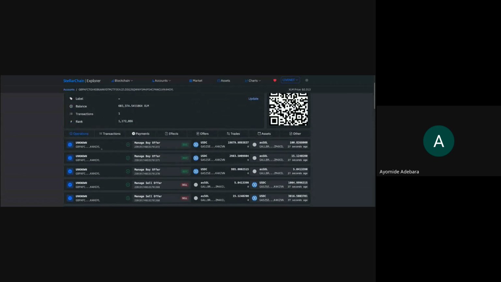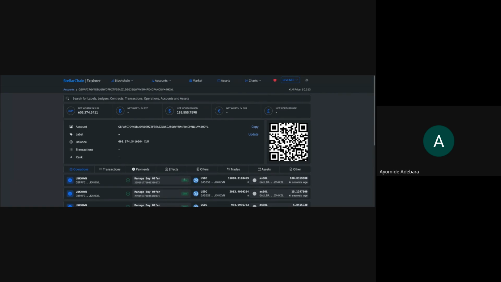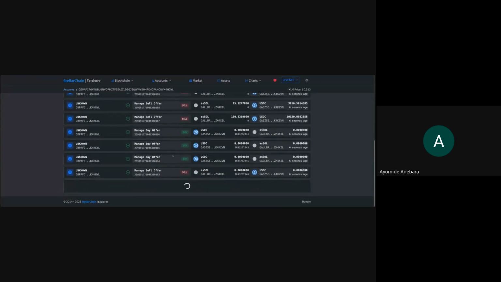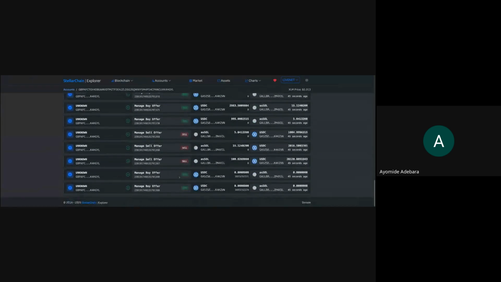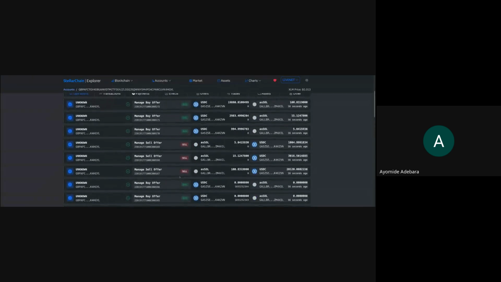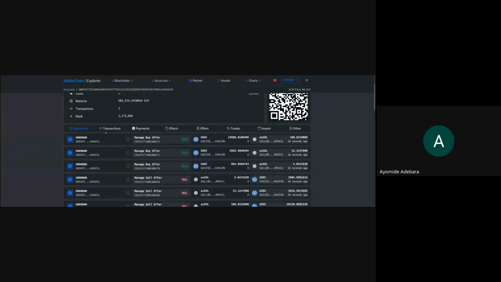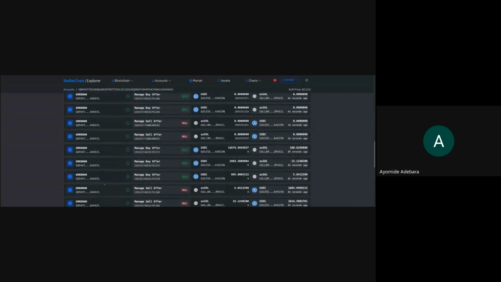Look at the operations: it has manage buy offer, manage, all of this inside of just a single transaction. And you notice that it is actually inside a single transaction because all of it has the same transaction hash.